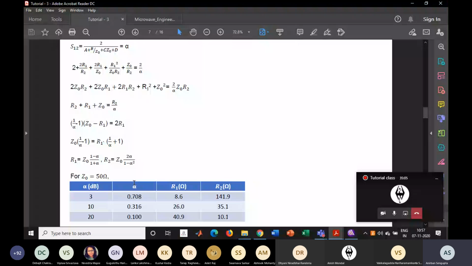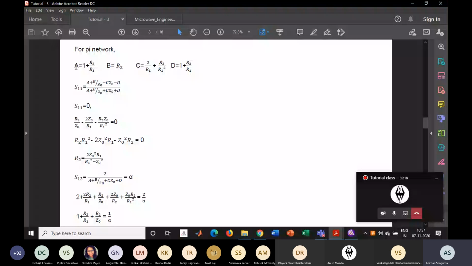Now for the pi network, the same process you have to follow. First of all, calculate the ABCD parameter of the whole network, then convert it into S11 by using the same equations. Again the condition is the same, S11 is 0, because all the ports are matched. You will find one design equation for R2 or R1, whatever you can say. Now again S21 will give you another equation, and put the values